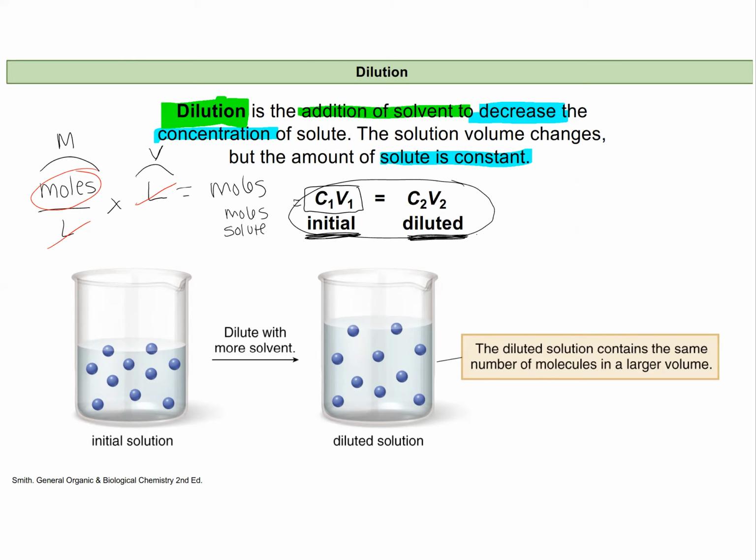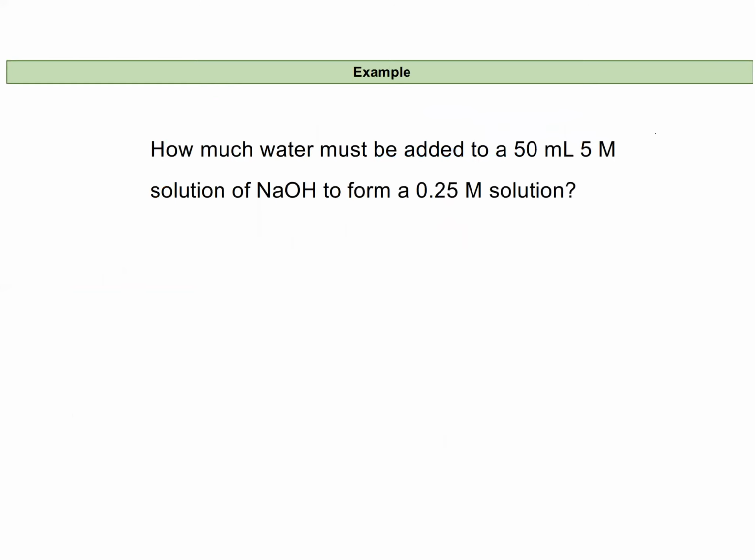The only trick to them is really identifying which is my first concentration and volume versus my second concentration and volume. So let's take a look at an example. How much water must be added to a 50 milliliter 5 molar solution of sodium hydroxide to form 0.25 molar solution? I strongly recommend highlighting and pulling out the information that's presented in these problems because it's sometimes hard